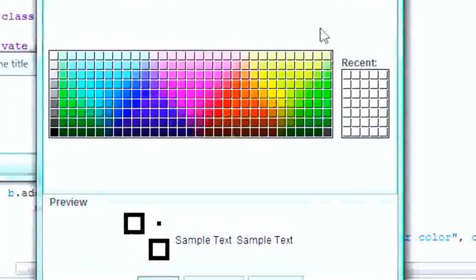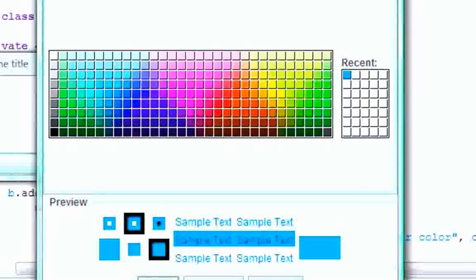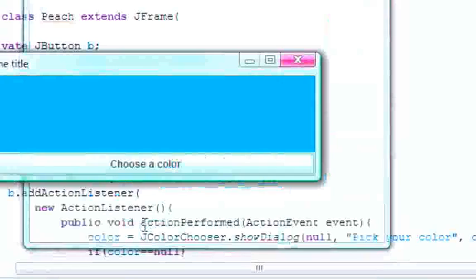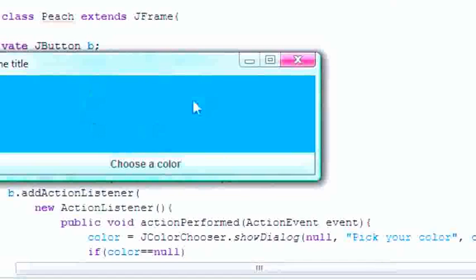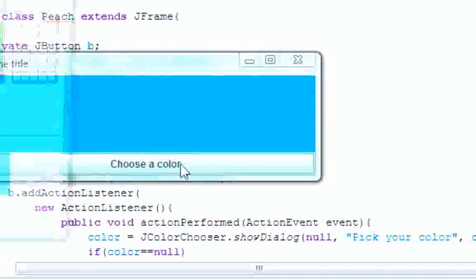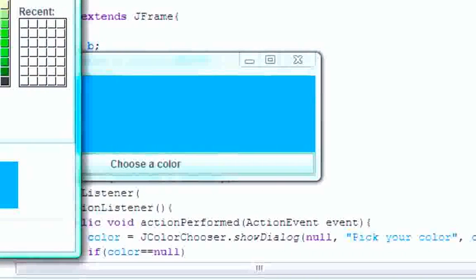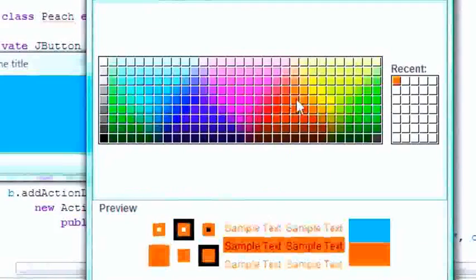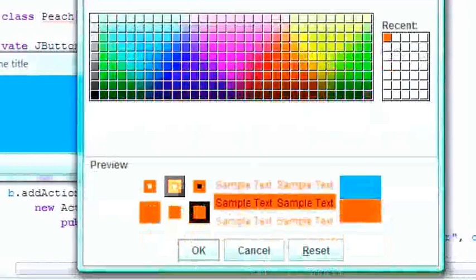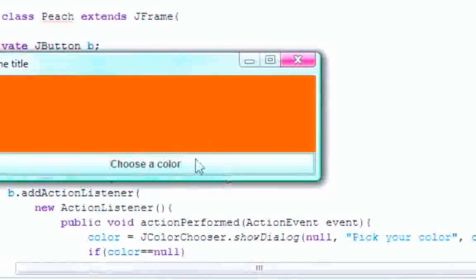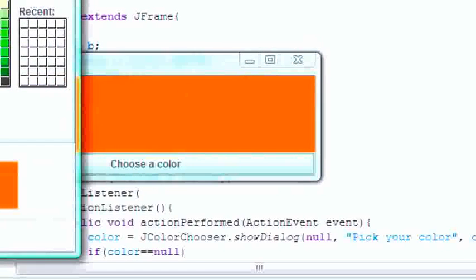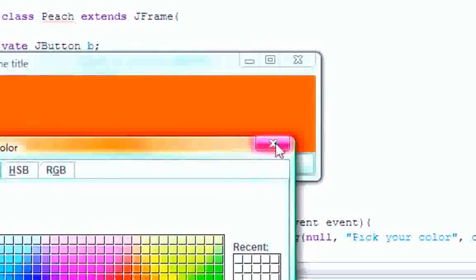Now this is going to pop up. So we go ahead and choose a color like blue or something and press OK, and now our background has turned blue. And if we click it again, choose a color, change it to yellow, and click OK, now our background goes to yellow. And last but not least, if you choose it and hit something like X or cancel,